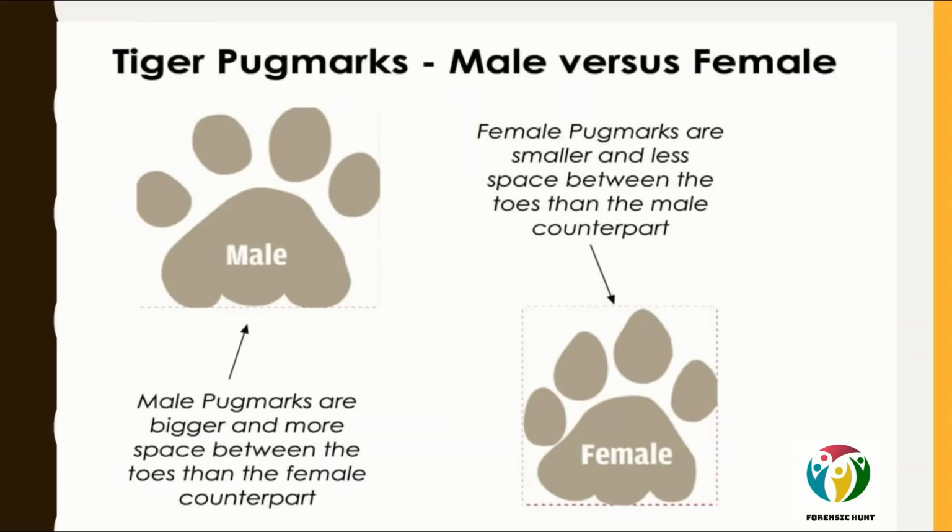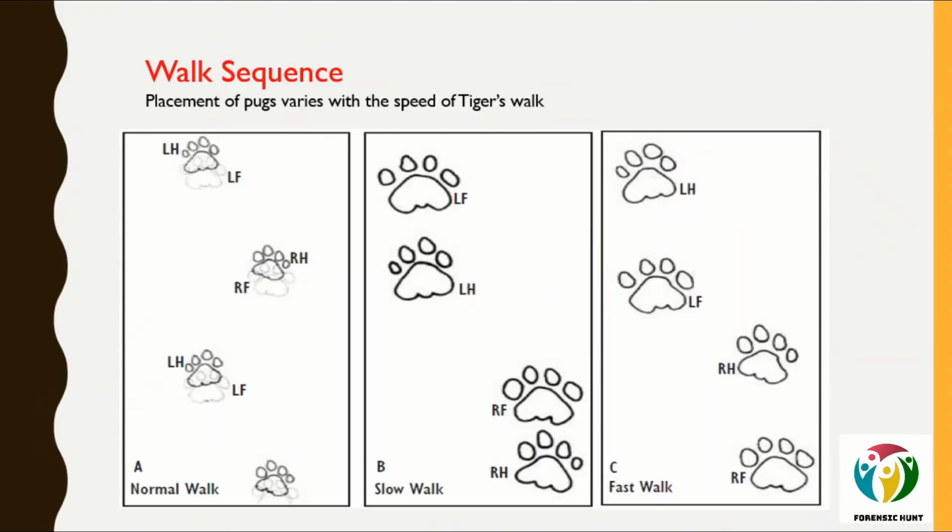And one last difference that you would be able to visualize through the picture itself: the space between the toes is way larger in males as compared to females. So there are 3 differences. One is the shape, the square shape in case of male, whereas rectangular shape in case of female. The second difference is the elongated toes in case of female, whereas the round toes in case of male. The third difference is the space between the toes, which is larger in males as compared to females.